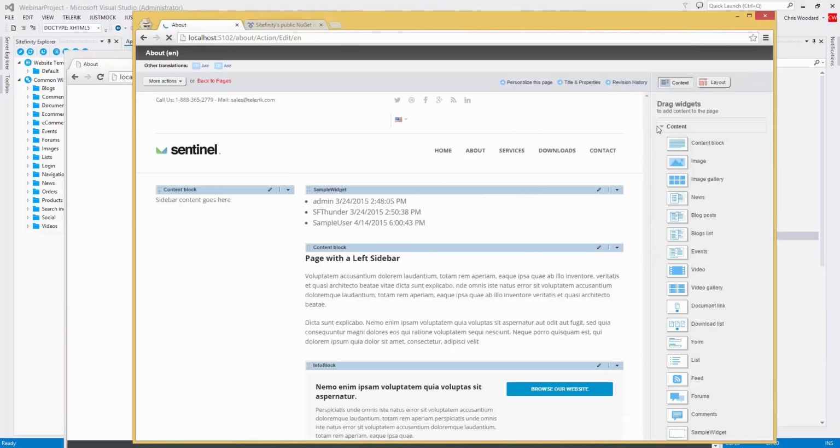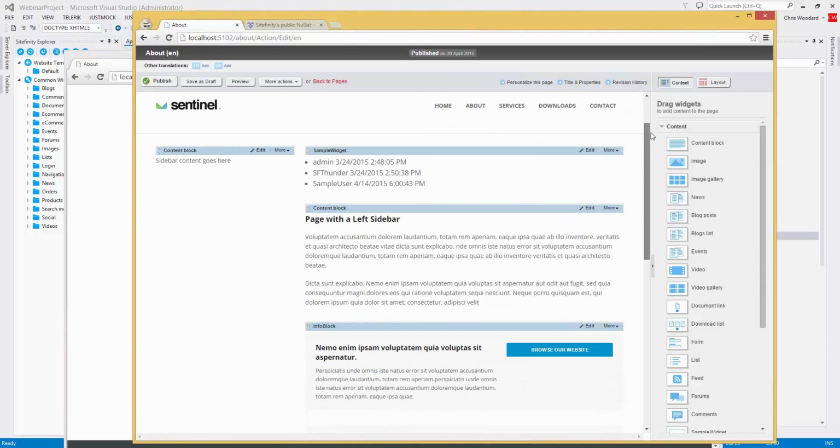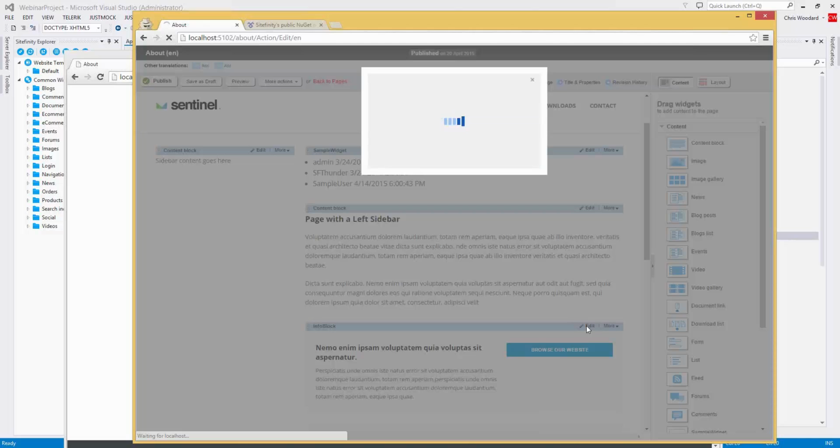So I've actually set up an example here. We have a widget here. We've got some text on the left side. We've got a button, and that button right now is taking us to the home page. So essentially, we have a situation where we need to allow them to create a button, manage the text for the button, manage the link for that button, and then manage the text on the left side. So if we click on Edit,